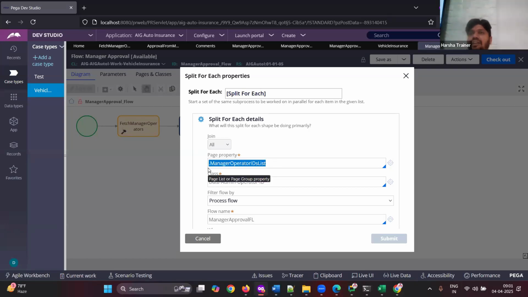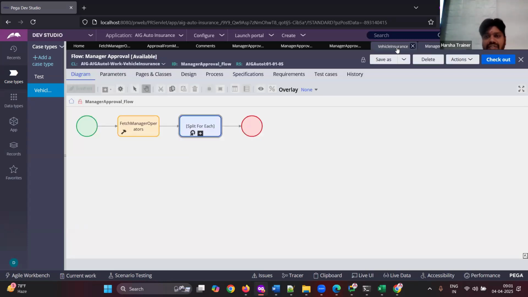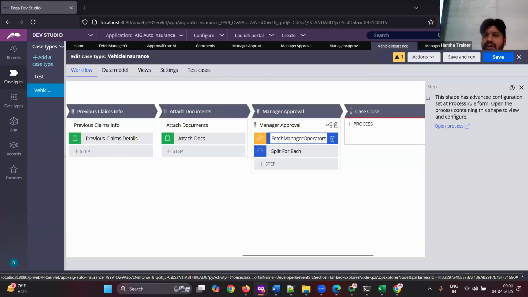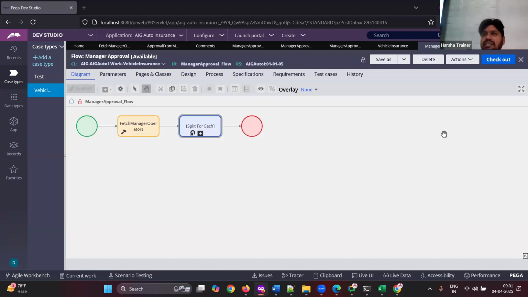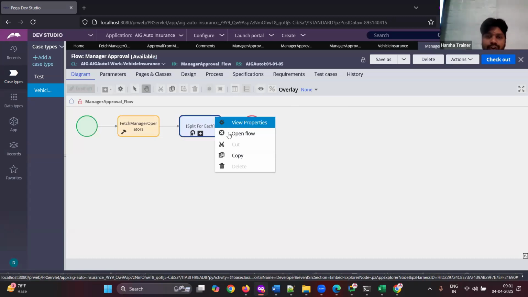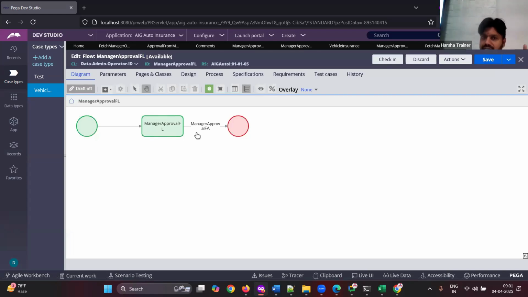Now important point I am going to tell you. While this subflow is getting executed, what is the primary page of this subflow? I'll explain. For the main flow, which is part of the case type, the manager approval flow, what is the primary page? If you ask me, pyWorkPage. But when this subflow is getting executed,